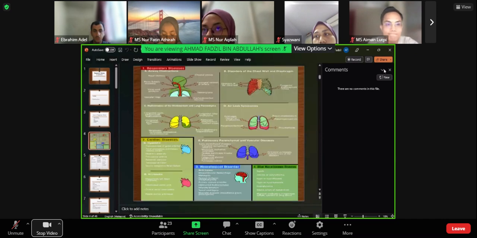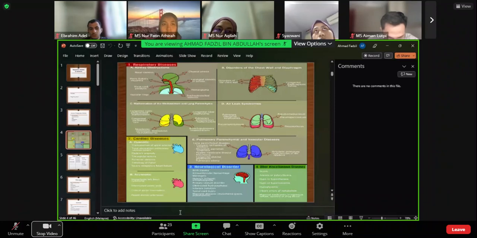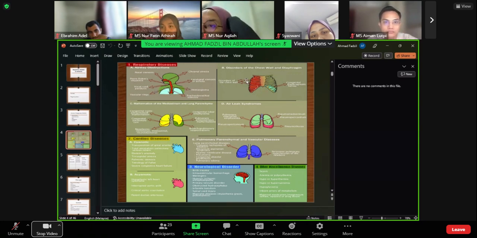So looking back, the causes of respiratory distress in newborns can be many. The respiratory system causes include airway obstruction, disorder of the chest wall and diaphragm, malformation of the lung parenchyma, air leak syndromes, and primary pulmonary vascular disease. Okay, those are the possible causes. Later we go case by case according to the community. So it can be obstruction, stenosis, vocal cord paralysis, choanal atresia, hemangioma. Chest wall can have so many causes of abnormality in shape.